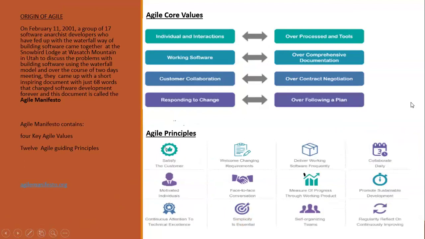They decide to hold a meeting to say, we need to solve this problem of this waterfall approach that is not really helping us. We need to find a better way to deliver software projects. So on February 11, 2001, 17 software developers met in a place to discuss the